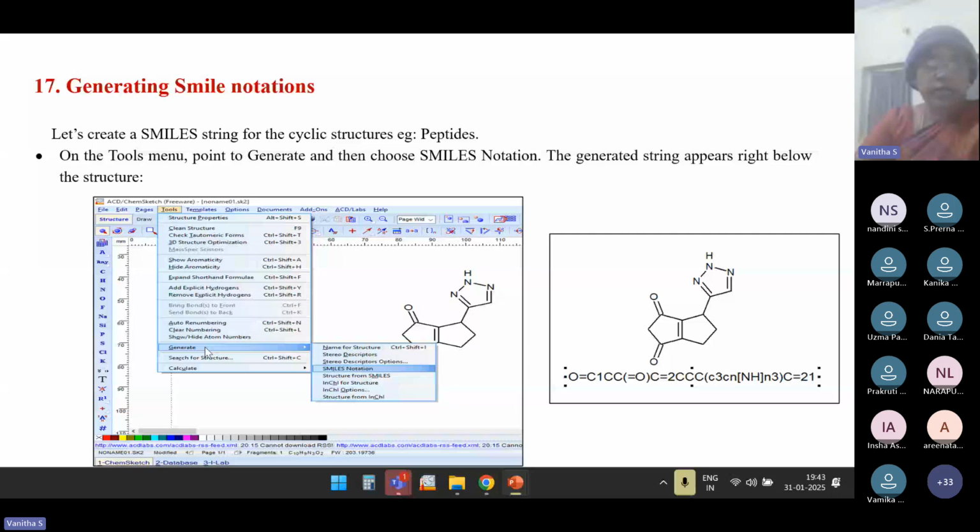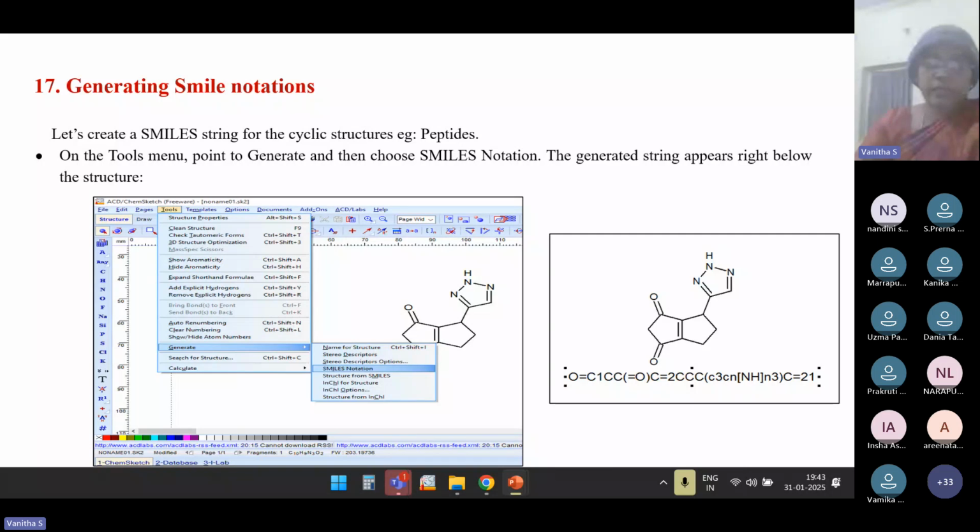Click that, go down and click SMILES notation. Do it only after you have drawn the diagram onto your workspace. Don't draw multiple diagrams and ask for the notation. It will not give it. If you want SMILES notation, you have to take only one structure and ask for the SMILES notation. So immediately below the structure, it will give you the SMILES notation,